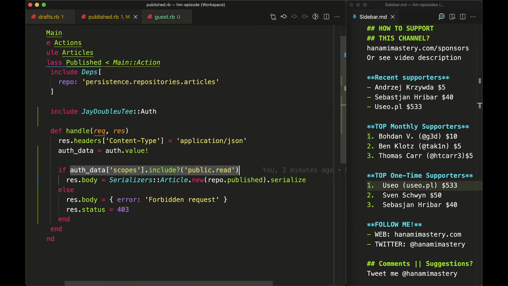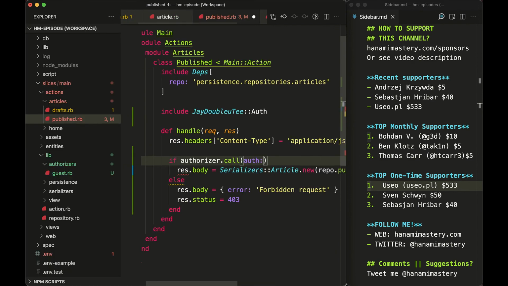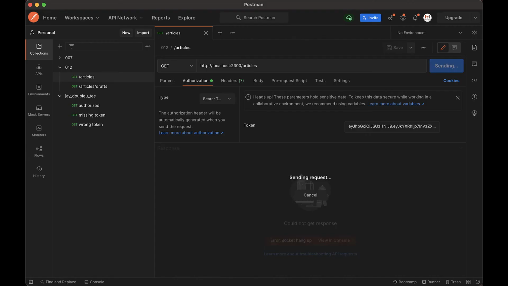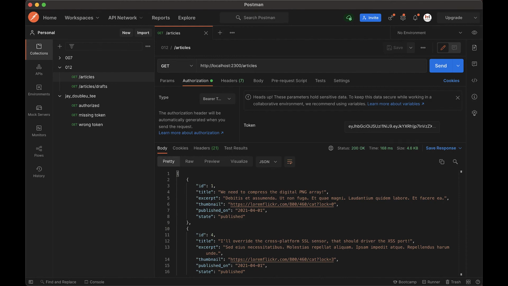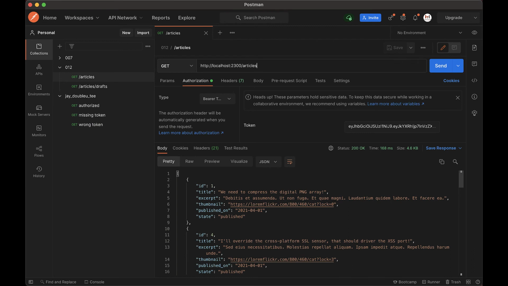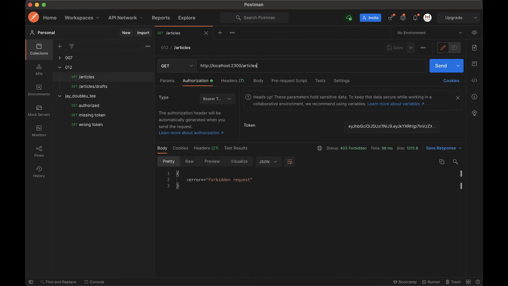Then, in the action, I only need to call my authorizer and inject it as a dependency using the deps module for the main slice. The behavior of my application stays the same. In the browser, I get the successful response for the correct scopes, but if I change it, I get the forbidden response instead. Implementing authorization in a Rack application can be trivial,